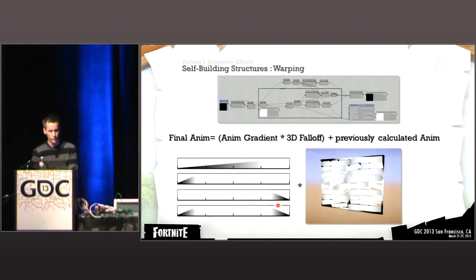And then we invert it, multiply it by 10, and then clamp it. Then we modulate those two by each other. What that creates is a black value at the start of the animation and a black value at the end of the animation. And then we modulate that by the three-dimensional falloff that we created and add it back